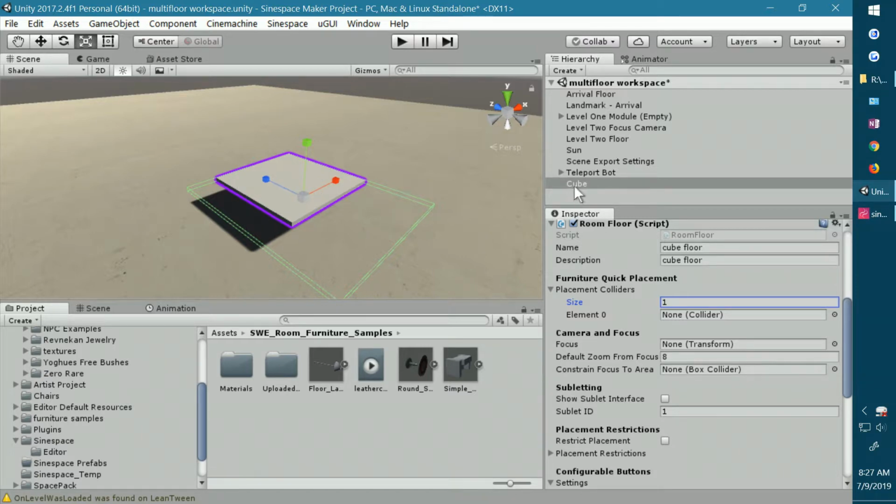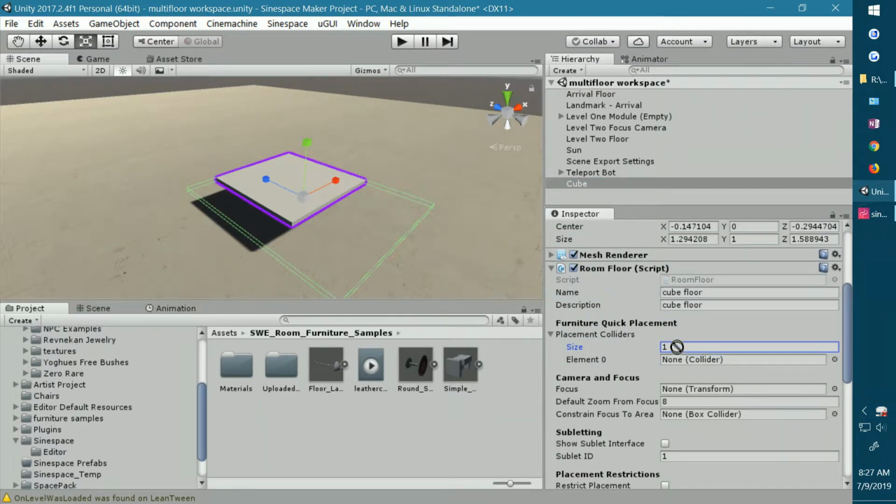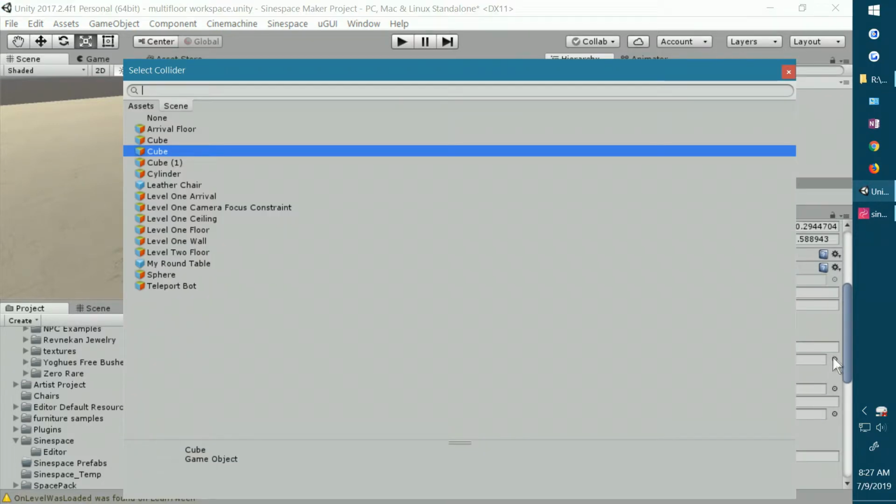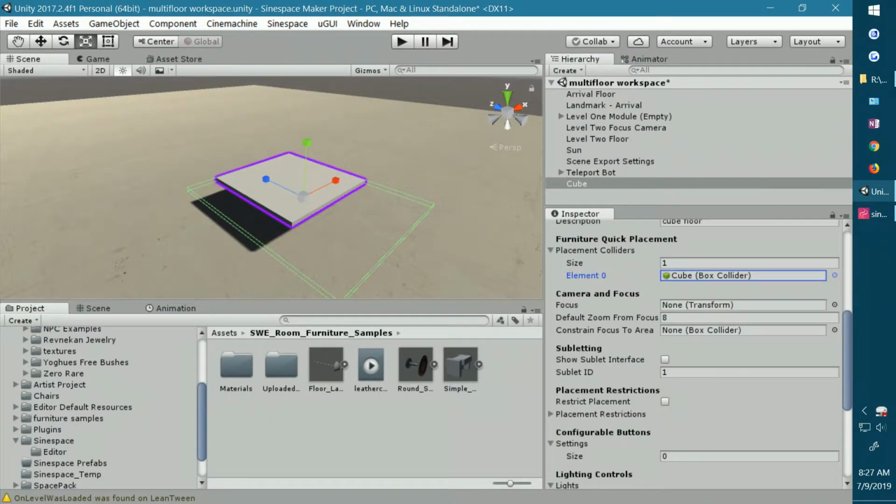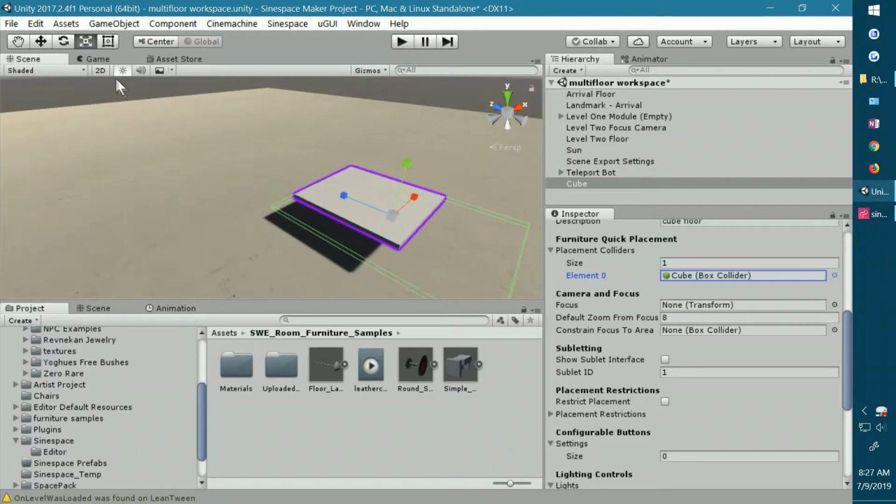And my cube already has a box collider on it. So I go up to my hierarchy and I can drag my floor in, or I can click on this round dot and I can select my cube. Now I've got a lot of things named cubes, so you'll want to name your floor object something a little different. Okay. I'm going to move this floor